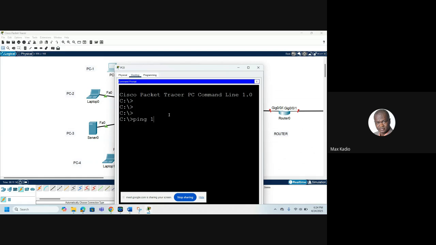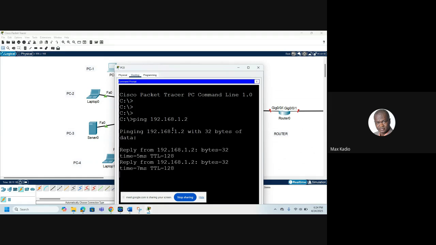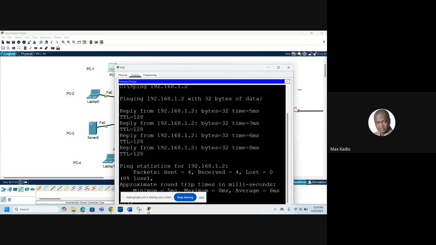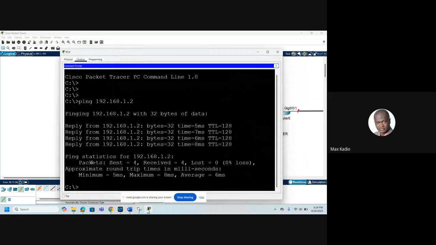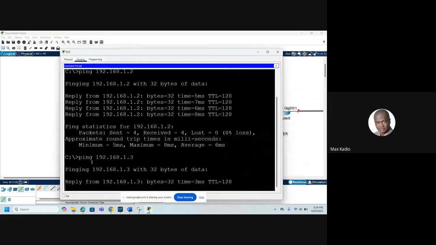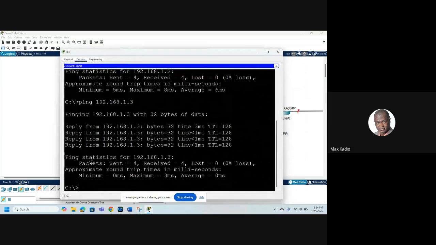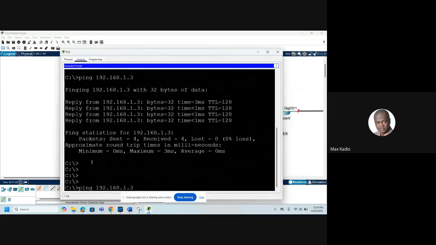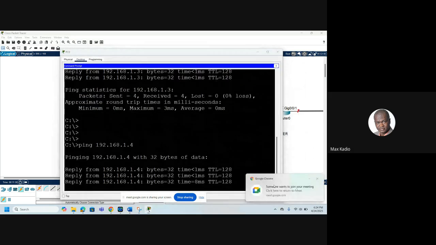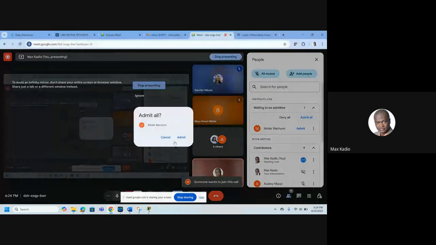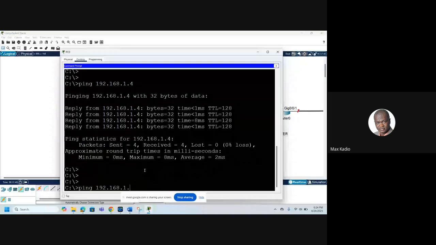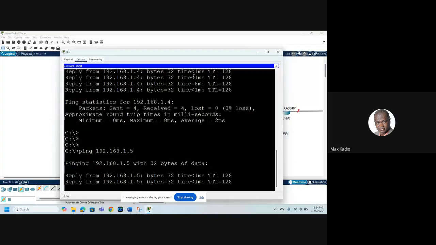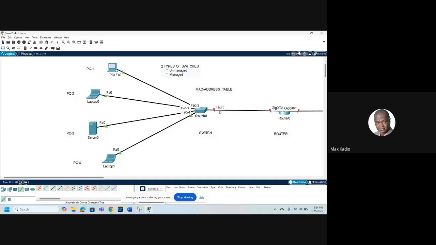192.168. Okay, let me do that. I'm going to generate traffic. Okay, we'll do that a bit later when you do the router. But for now, I'm just going to generate some traffic, that's all. We'll explain all this later. Then I do the last one, 5. Okay, so now I'm going to go to the switch again and type